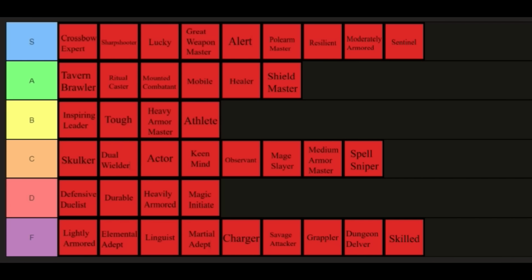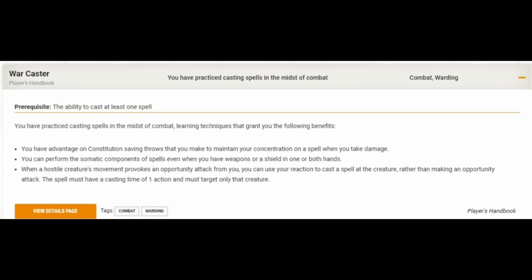Next up, we have Warcaster. So 3 traits here. First, we have advantage on Constitution saving throws to maintain concentration on a spell when we take damage. This is the main reason you take Warcaster, and it's worth a solid 30 points. Second, you can perform the somatic components of spells, even when you have weapons or a shield in one or both hands. Depending on your DM, this might not come up at all because a lot of DMs just ignore components these days. They're too complicated and convoluted,